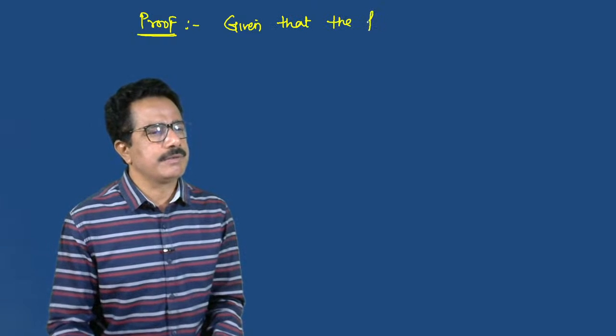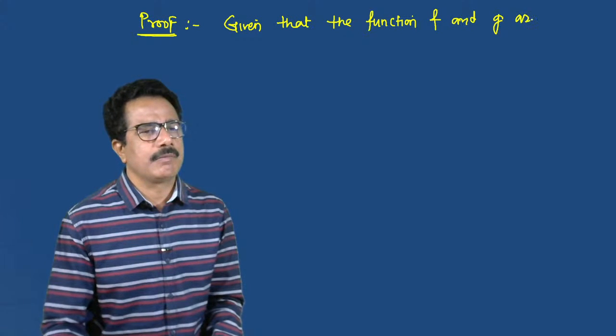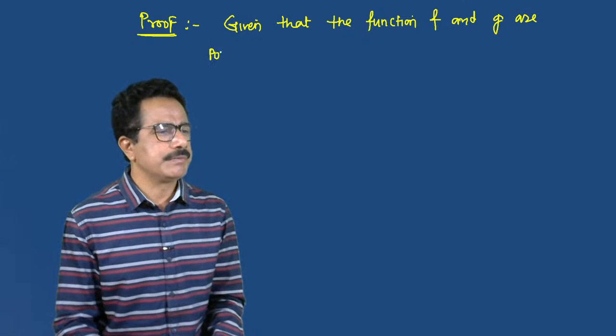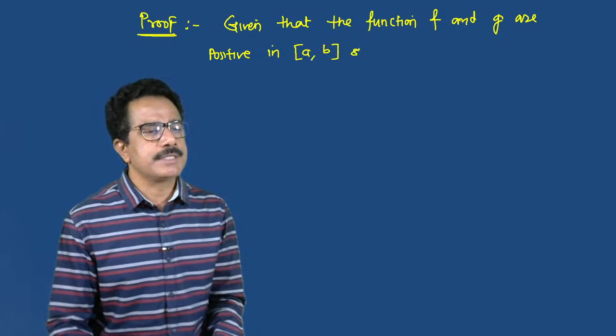See this. Given that the functions f and g are positive in closed interval a comma b such that